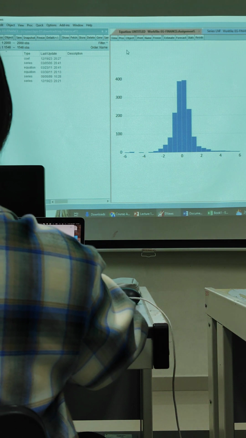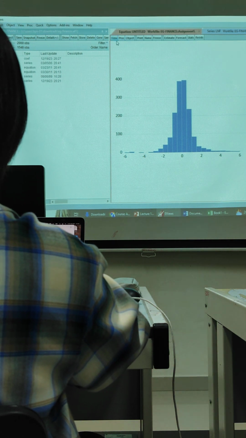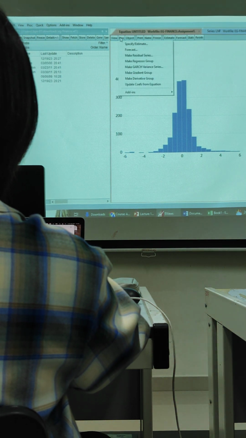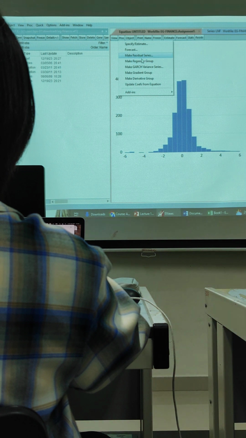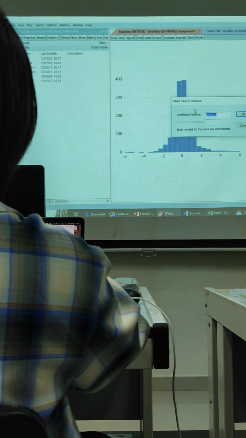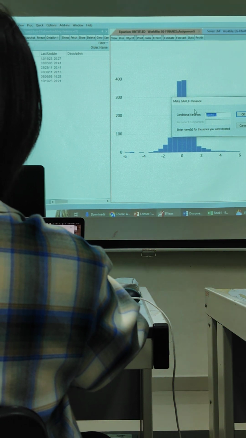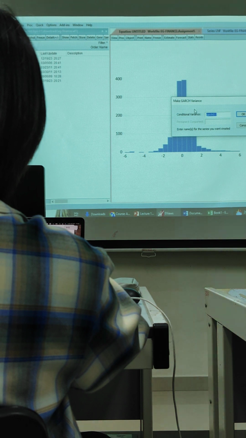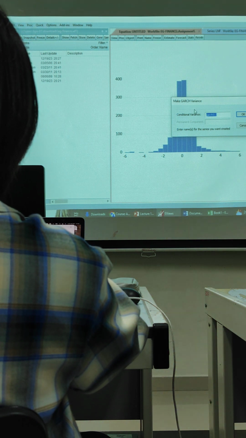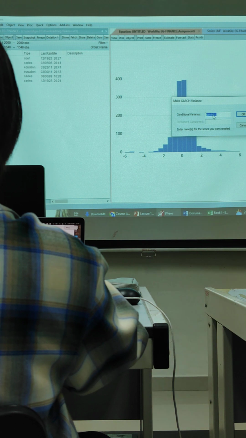So this is the problem with your volatility models. Then you say, can I take out this volatility series? How to take it out? You can go to Proc and then make your GARCH variance series. You can take it out. Why do you want to take it out? Because some of you might like to plot, to generate this GARCH series to see the time profile, what data point, where is the risk. Because this is the second order of the data set, not the first order. So you can go to the generator for the GARCH.